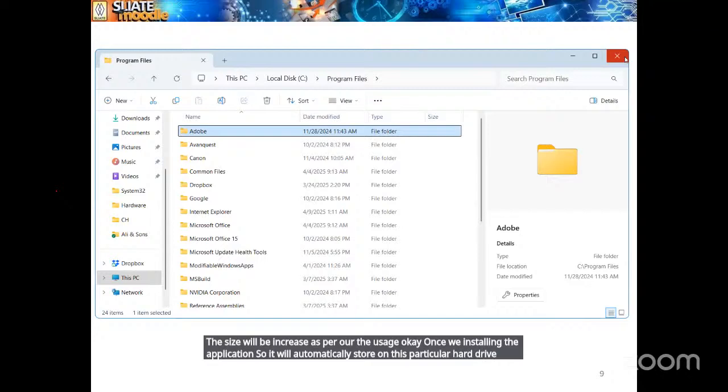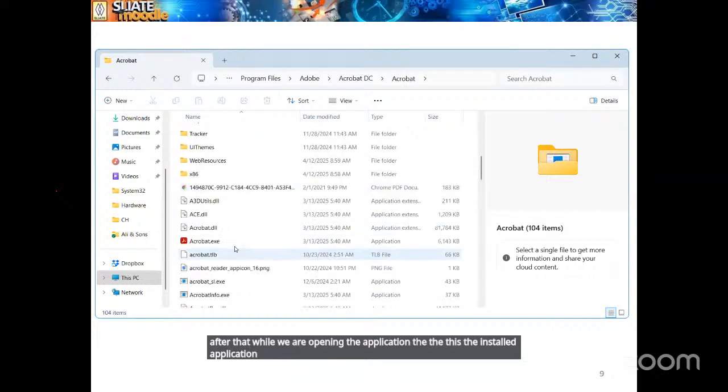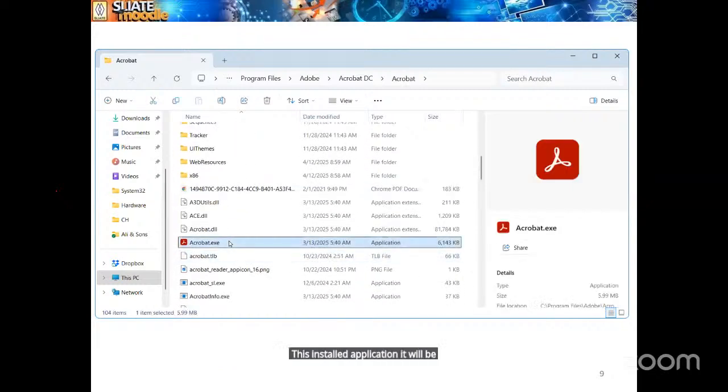After that, while we are opening the installed application, it will be loaded into our RAM, like virtual memory.